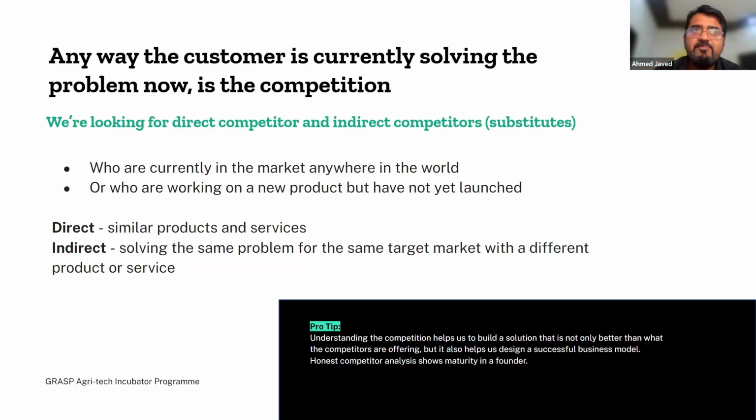So an example could be the Plantix app for that, which uses AI and machine learning algorithms. And basically what a farmer does is takes a picture and gets recommendations. If their crop is facing a disease, they can take a picture, and then the app will tell them what is the likely disease that the crop is facing, and what is the remedy for it. And it will give you a few options as well.